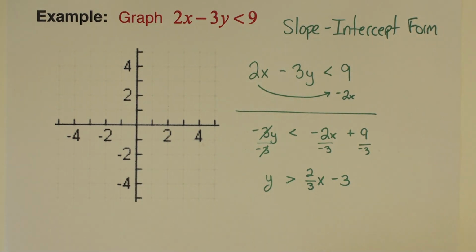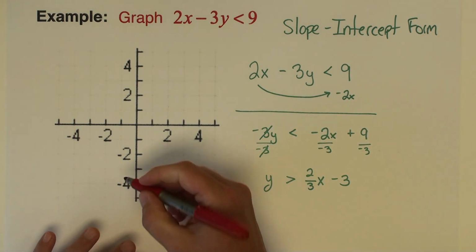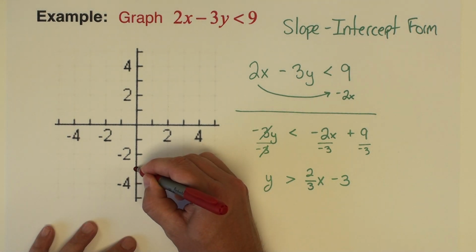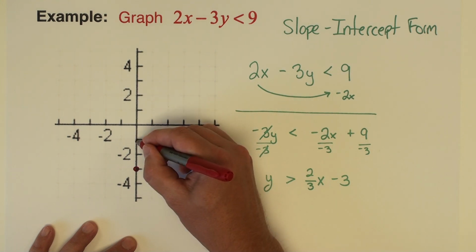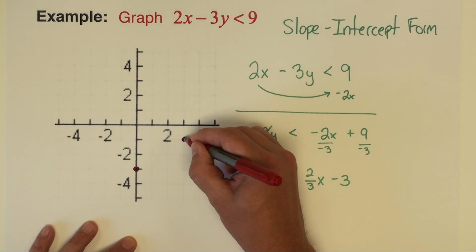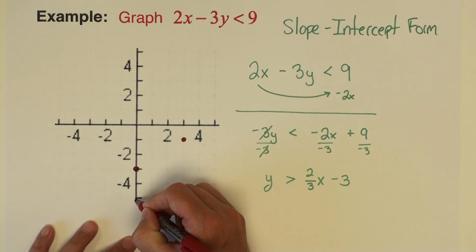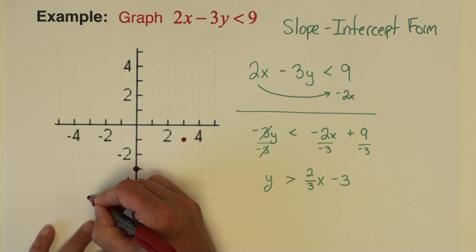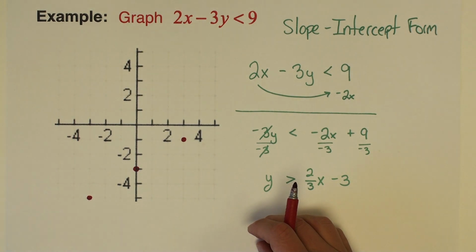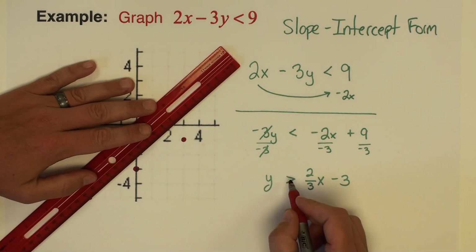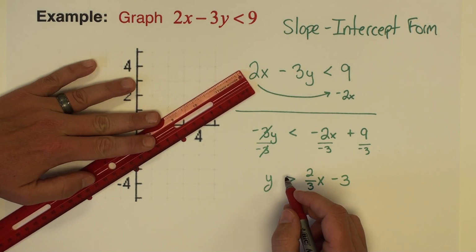Okay, so let's see what this looks like on the graph. We're going to start at negative 3. Slope is 2/3, so plus 2, plus 3, plus 2, that's going to go off the graph. Let's do down to the left 3, like so. This inequality, I notice there's no equal to, so we're going to use a dashed line to connect these points,